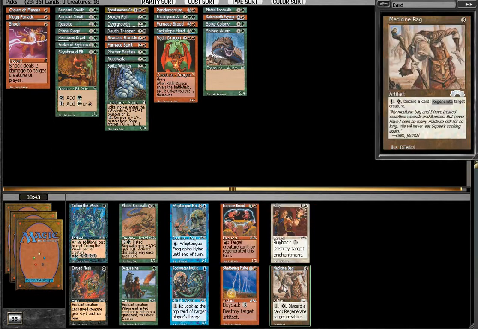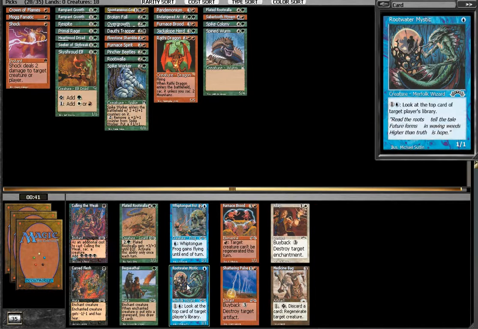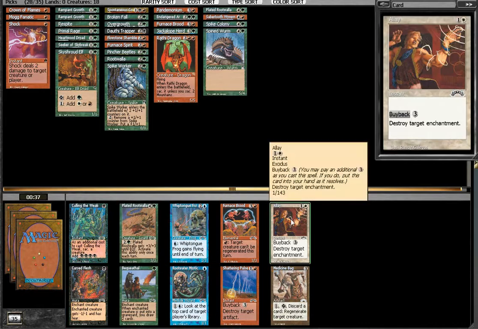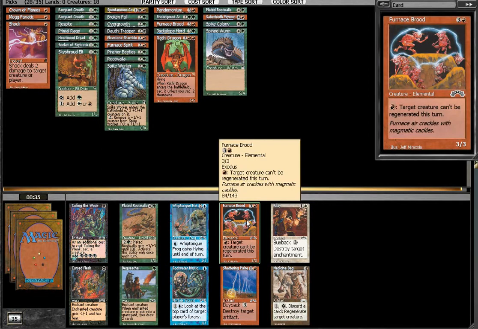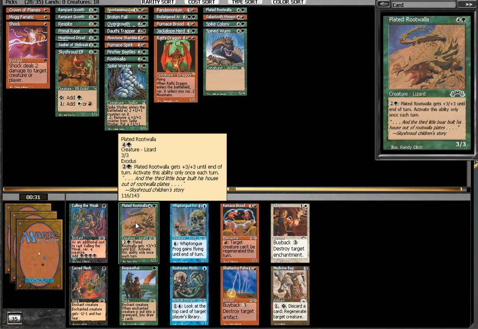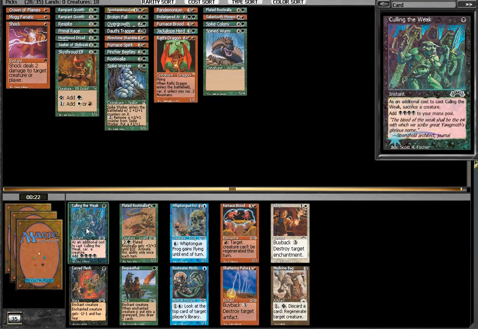Okay. Another Medicine Bag. Those are flying around, so maybe it's not that good. Another Hill Giant. Probably the pick. Or I could take a Plated Rootwalla. That is a 6/6. I think I will take... I have a lot of acceleration again, so...